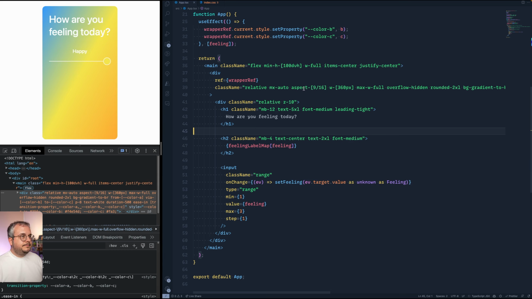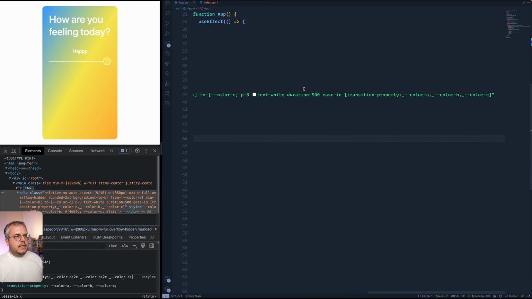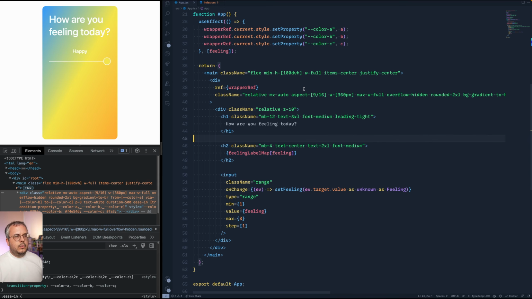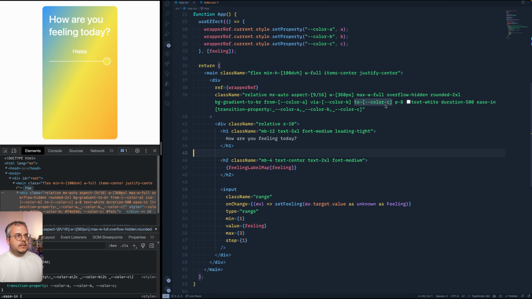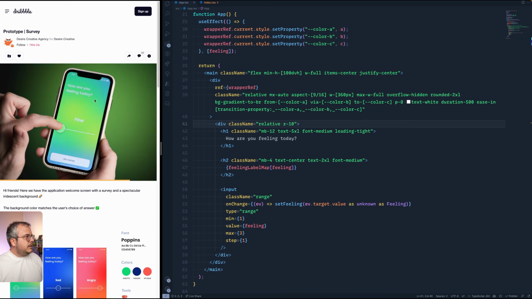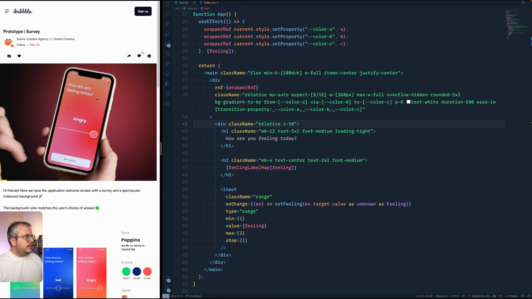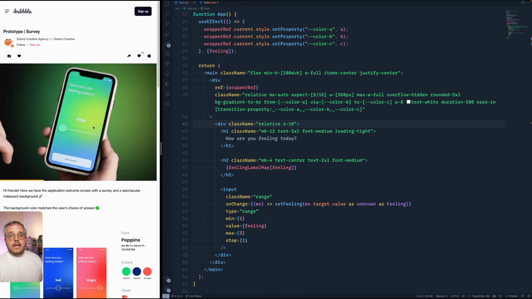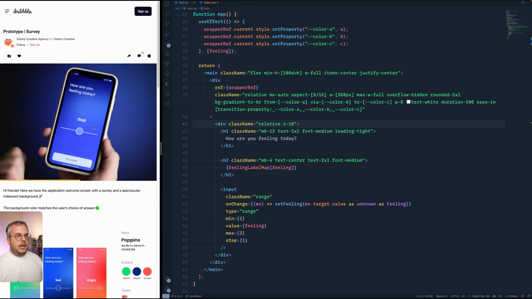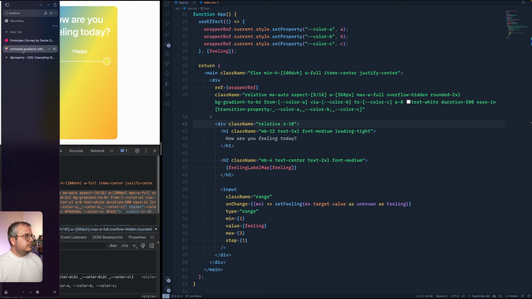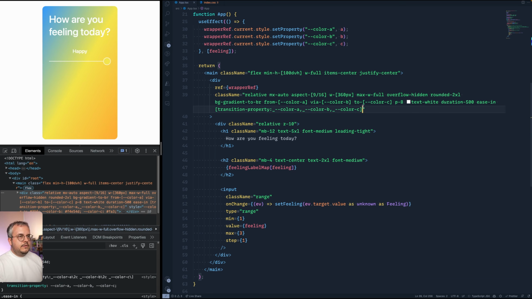So let's add them. Because we already have quite a long line of CSS properties, or class names, of course, I'm right now gonna enable line wrapping, which moves everything to new line when it goes out of my window. So that way it's a little bit easier for you to follow along. Because what we need to do is, if we quickly take a look at the example, there's two blobs that are kind of moving around here. So what I want to do is I want to use two pseudo elements before and then after to create these two blobs and animate them.